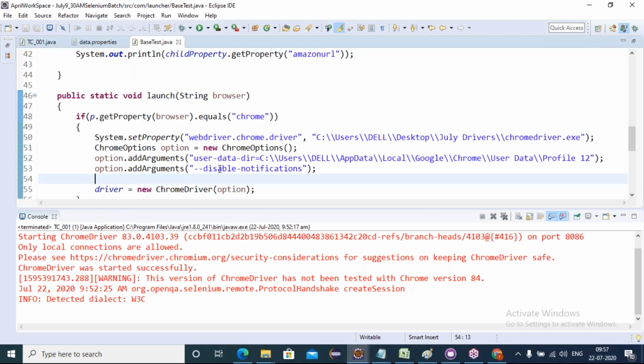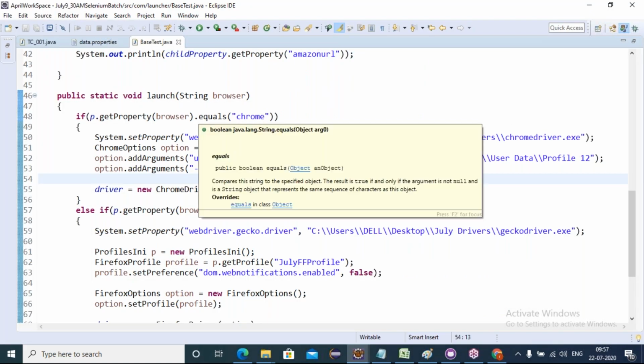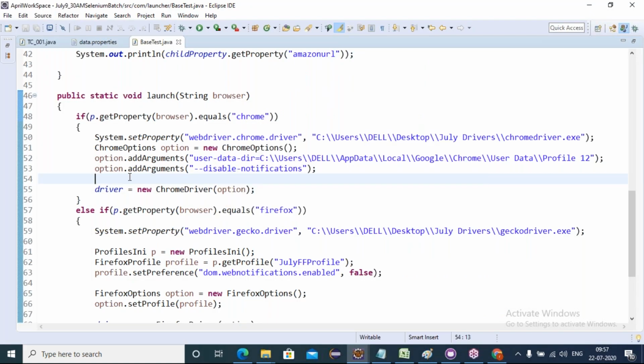So here we can write option.add arguments. We can maximize. Anyhow, it is maximizing our window, right? When it is opening, if it is not maximizing, we can give that argument. But friends, whatever settings you want to do in your browsers, just create your user-defined profile browser. On that user-defined profile browser, you can do whatever settings you want. You can do that too. So friends, hope everyone understood the profiling concepts for the browsers. Friends, is everyone clear about the profiling concept?